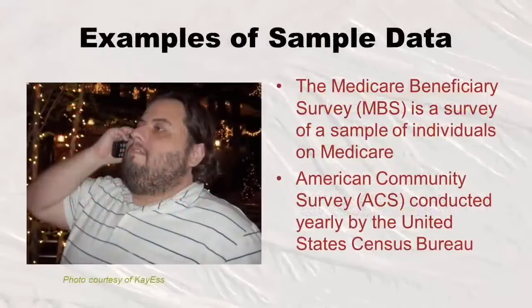So now I'm going to give you sort of a mirror image of the sample data, okay? Remember how I was just talking to you about Medicare? People who are enrolled in Medicare are called Medicare beneficiaries. And Medicare cares what they think. So they do a survey of a sample of individuals on Medicare, and they do this kind of often. I think they do it once a year, I'm not sure. And it's a phone survey. They only do a sample because they're going to use statistics to try and extrapolate that knowledge back to the